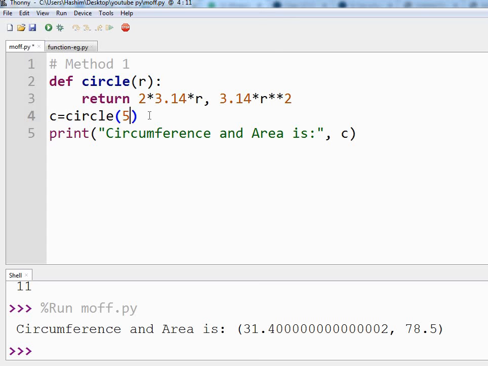But if you have multiple parameters, suppose r, c or z, anything, then of course you can supply multiple arguments. So this c is actually a tuple here. Let's fix it.